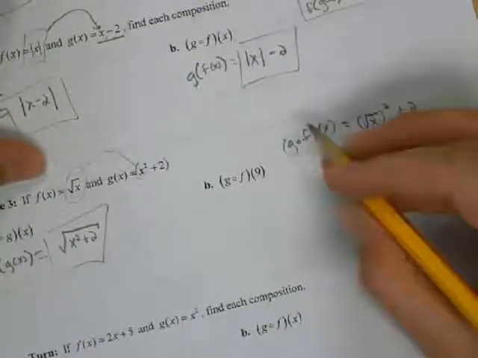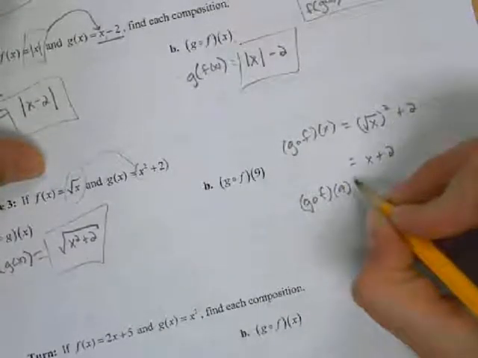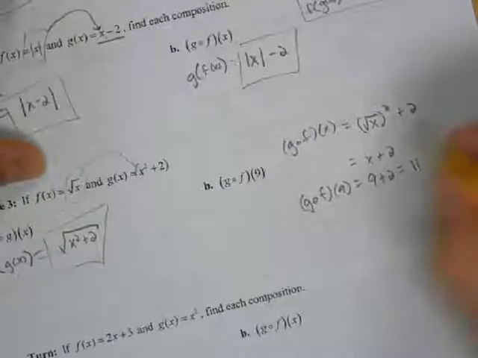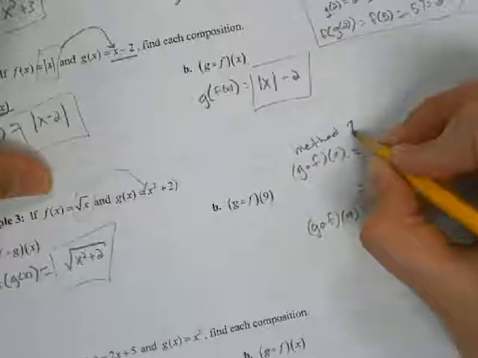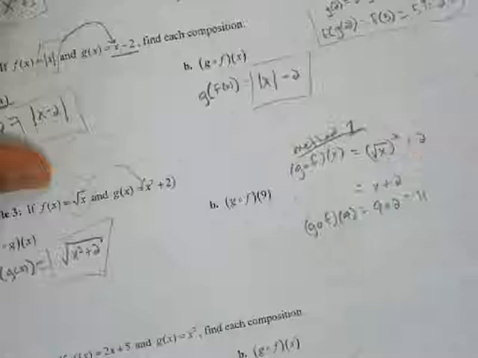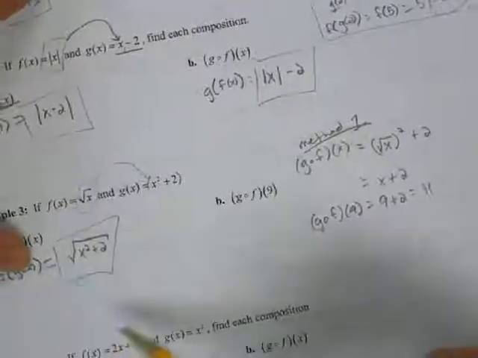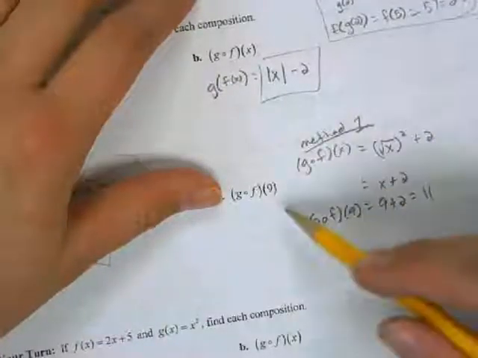So if I want g composed of f of 9, then I replace the x with a 9. 9 plus 2 is 11. Okay, and this was method 1. Again, doesn't matter which method you choose. It's totally preferential, whichever one you like. Again, if I already have my f of g of x, then I typically would use that. But since I didn't already have g composed of f of x, I would actually do it this way,